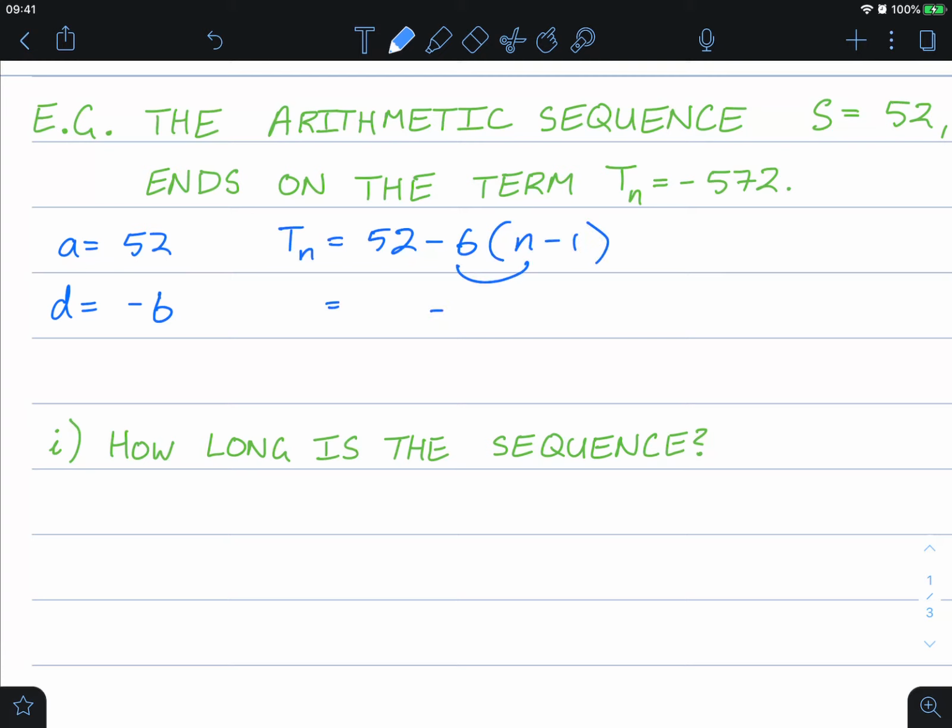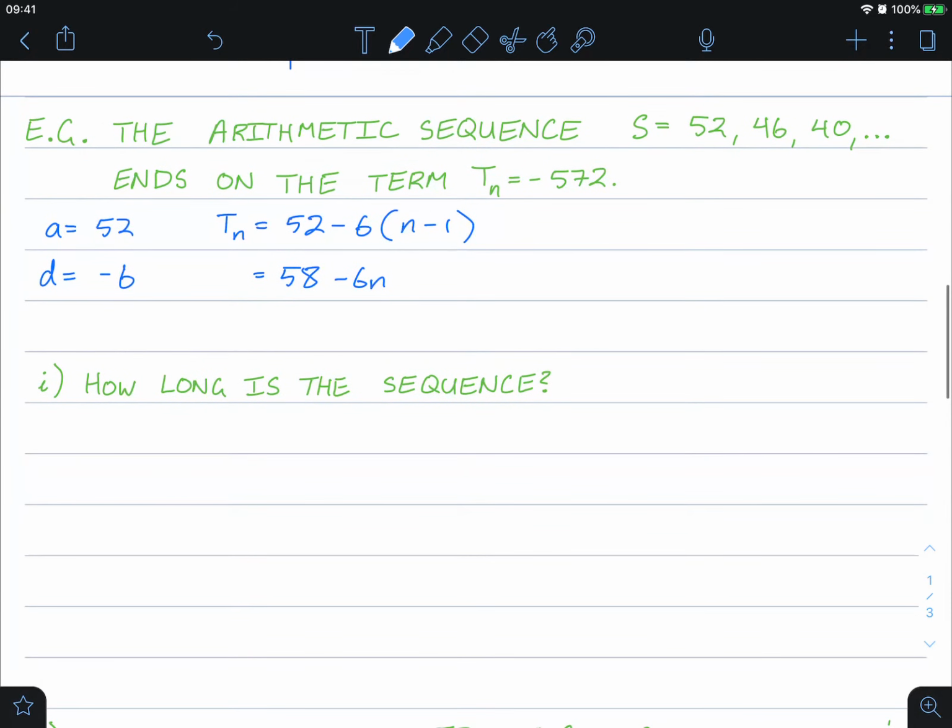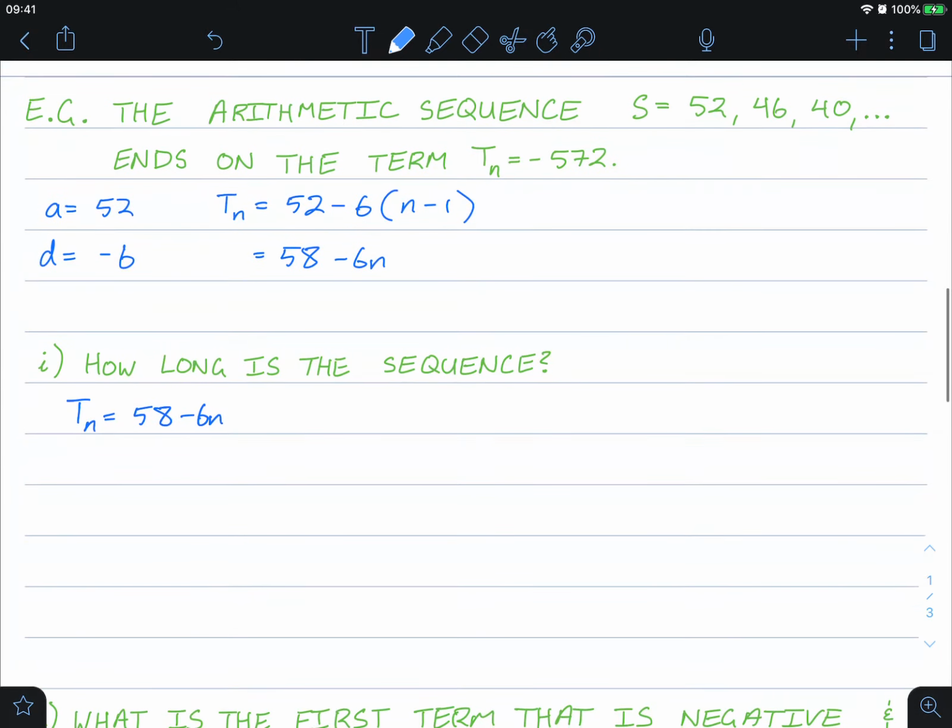This will be -6n. -6 times -1 is +6, plus 52 gives us 58. So our Tn is 58 minus 6n, and we want to let this equal the term we are looking for,